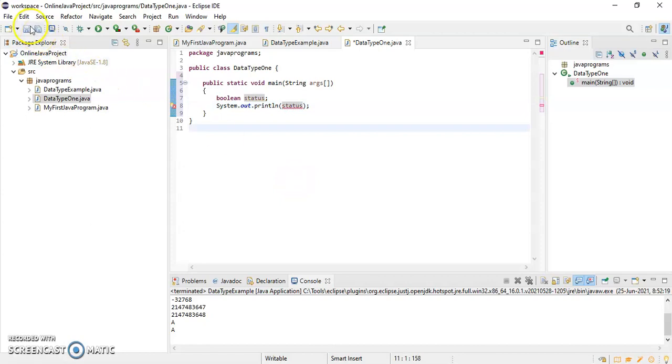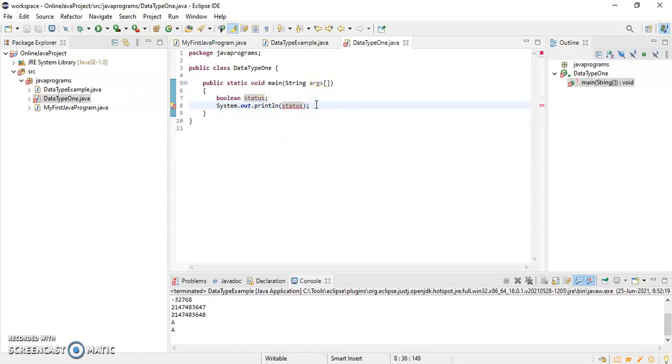Now if I run this, obviously it will throw a compilation error. I am not able to run it first of all because it is saying status has to be initialized, because it is a local variable and it has been declared inside a method.